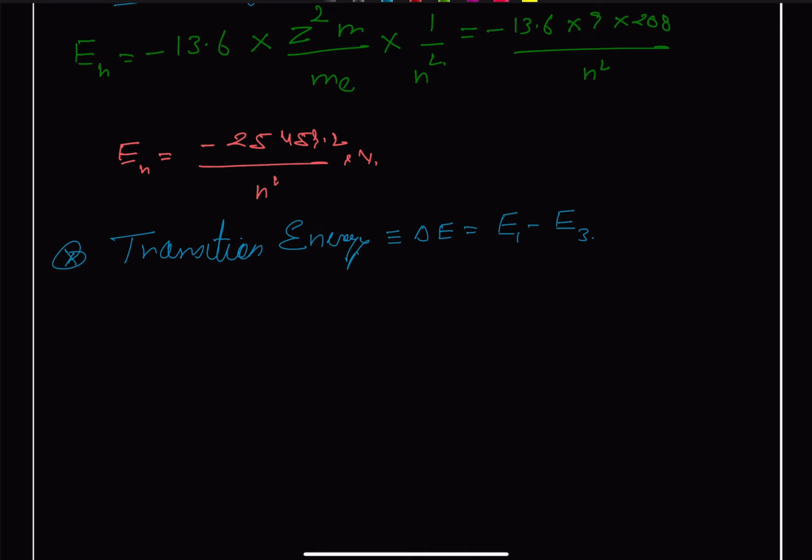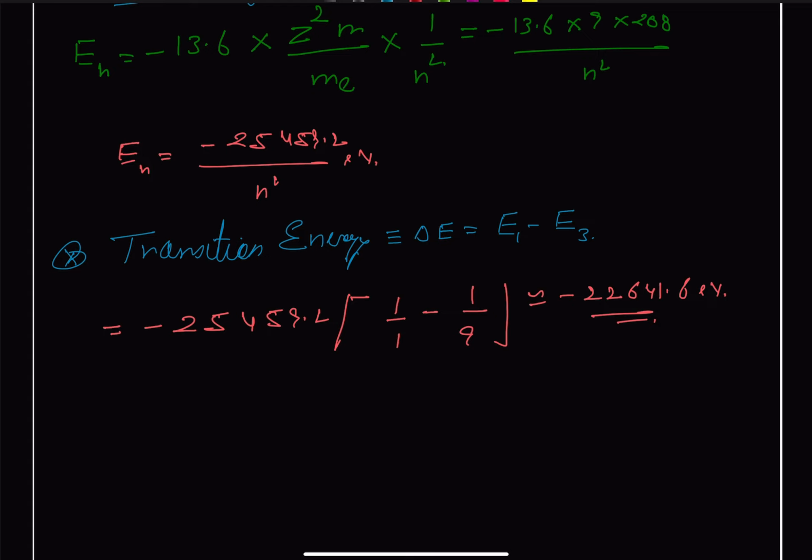So the numerator will be common, so we can take it common. This will be minus 25459.2, and this will be our 1 upon n square, so this comes out as 1 upon 1 minus 1 upon 9, and this will be approximately equal to, 9 is our 8 multiplied, 8 by 9, and this will be minus 22,641.6